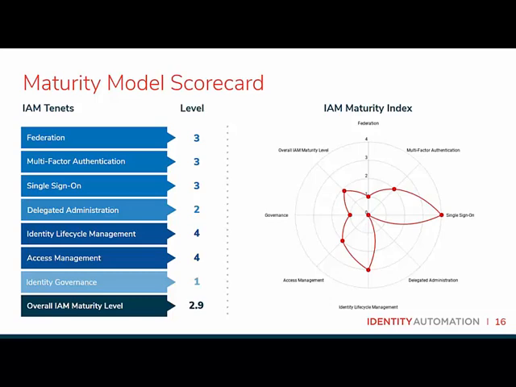So again, this is just an example and a reminder, as I said in the beginning, that not every organization has to be at level 4 for every single tenet. It may not make sense for their organization. So that's an organizational decision that you have to make as to the level that you may need to achieve. But at least if you know you need to achieve at least level 3 and you're at level 1, you've got 2 levels to go, and there's a path for getting there.